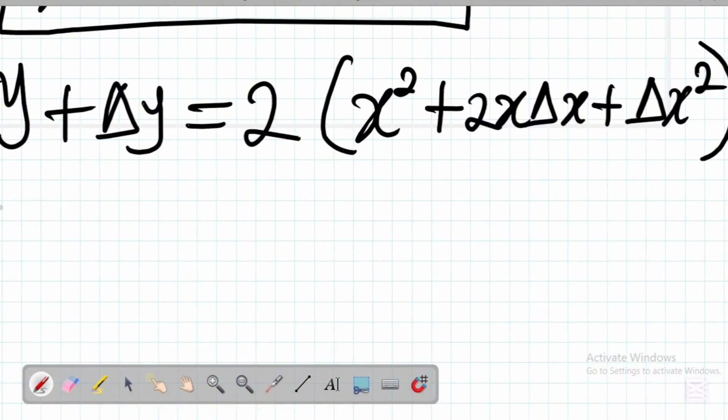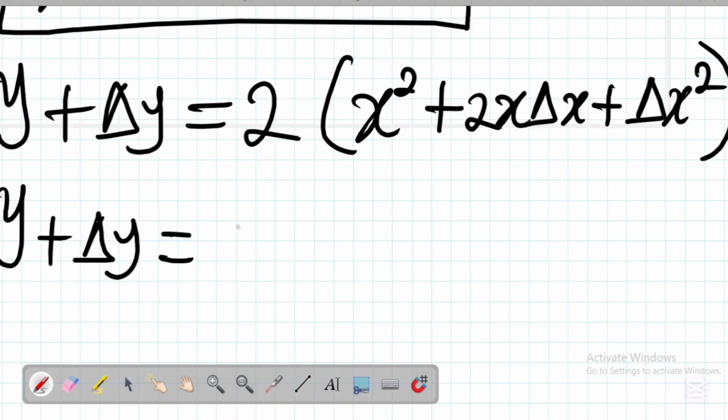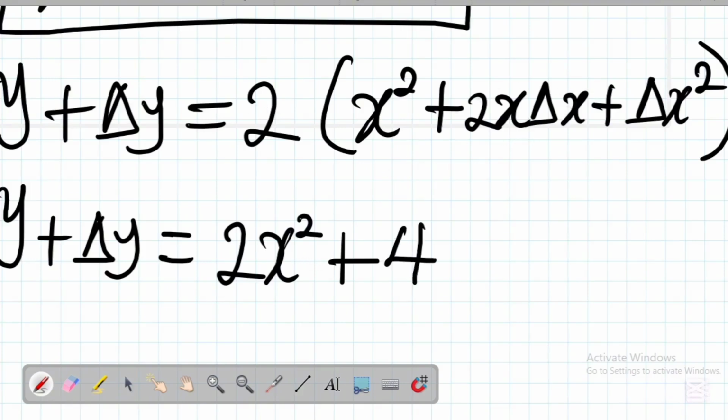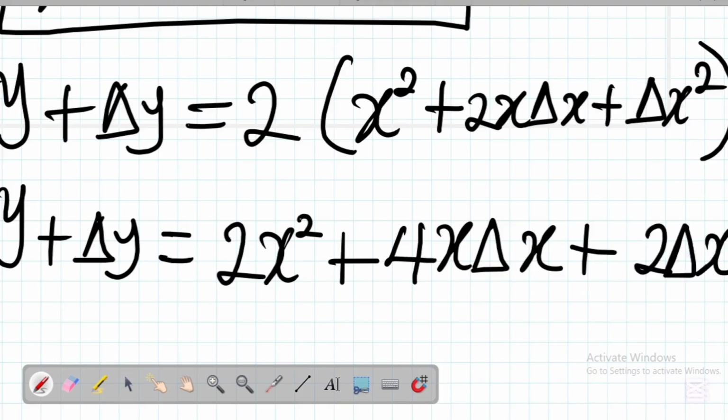So we have y plus changing y equals 2 multiplied by x squared gives us 2x squared plus 2 multiplied by 2x changing x gives us 4x changing x plus 2 multiplied by changing x squared gives us 2 changing x squared,